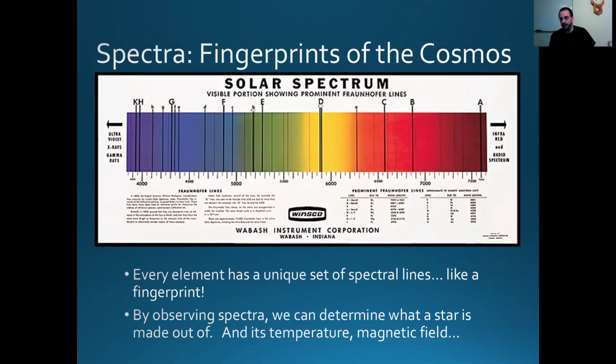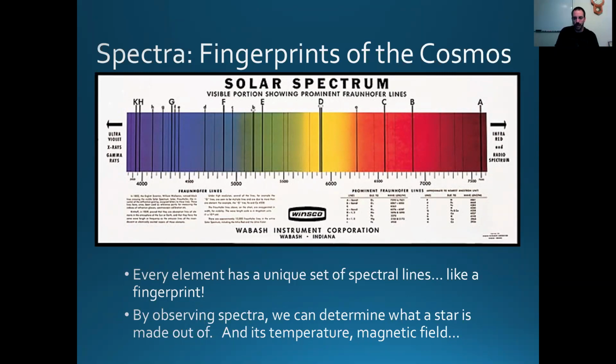If you take light from a star and you break it up into its component colors, what you'll find is that at very specific wavelengths, you'll find either dark lines or bright lines. And these are like fingerprints of individual atoms. Remember, our atoms have these discrete energy levels, and I'm going to get to this later in the talk when we talk about small-scale physics. Atoms have these discrete fixed energy levels, and when electrons jump back and forth between them, it will absorb or emit a photon at a very characteristic wavelength.